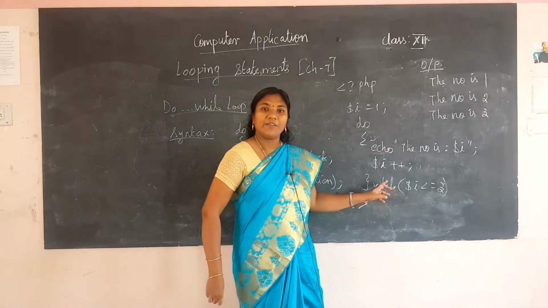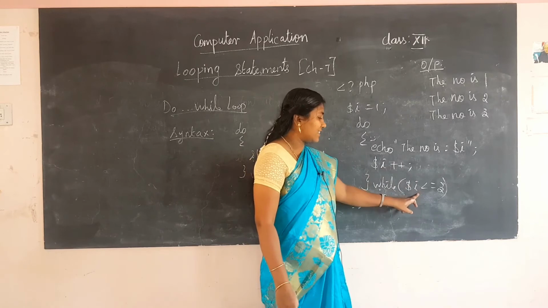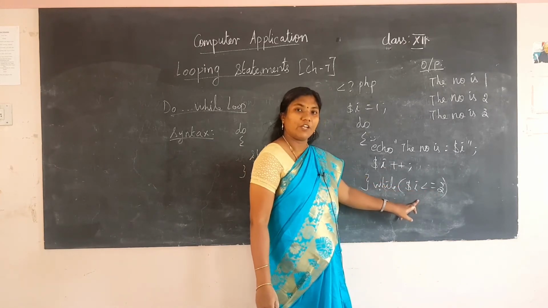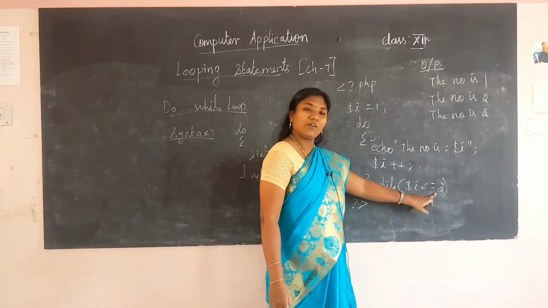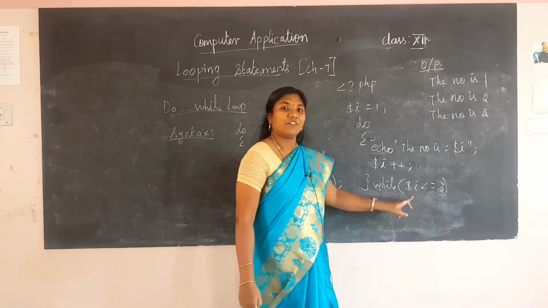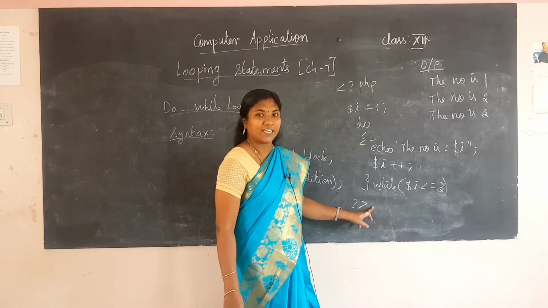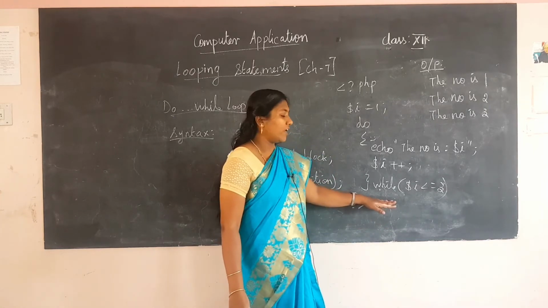Now, the I value will be incremented to 4. Next it will be checking the condition. So, $I less than or equal to 3. Now $I has the value 4. So, 4 is not equal to 3 and it is not less than 3. Therefore, the condition is false. After this I have not specified any statement, so with this the loop will be